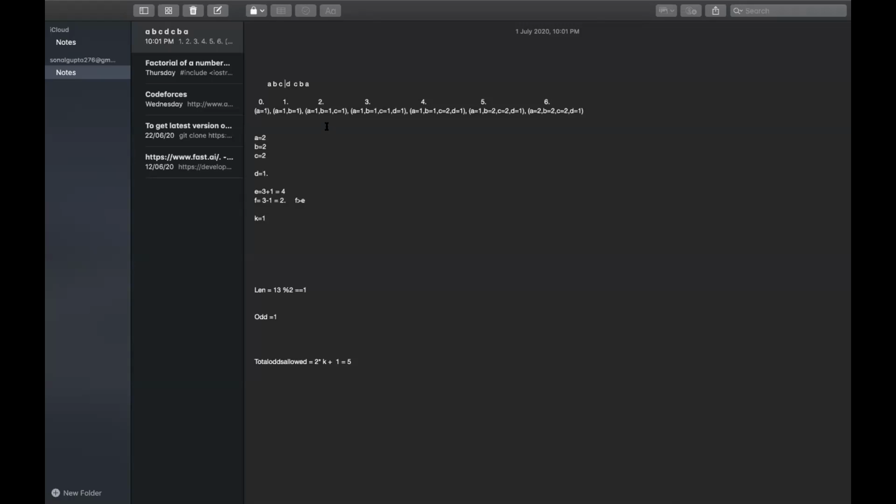Absolutely. So if the string is, let's say, ABAB, this is not a palindrome, right? No, but you are supposed to rearrange it. We have to arrange it anyway. The sequence doesn't matter. It is written in the question.